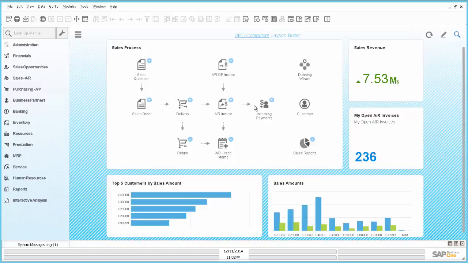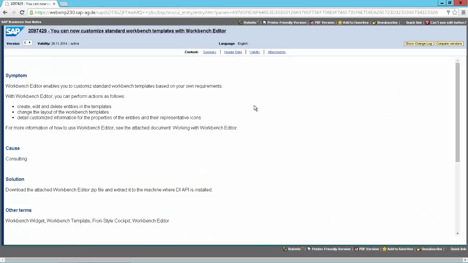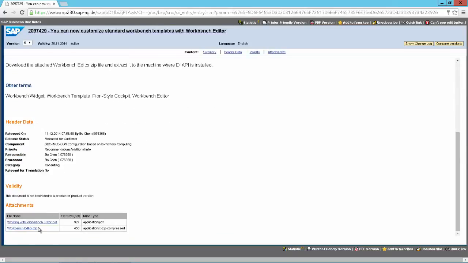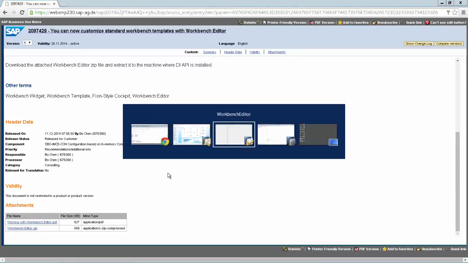So for this we need to download a tool called the Workbench editor, and this tool can be found in a node. The node number is 2097429. And in this node, you can download at the end the Workbench Editor how-to guide and the Workbench Editor itself. Okay, when downloaded,